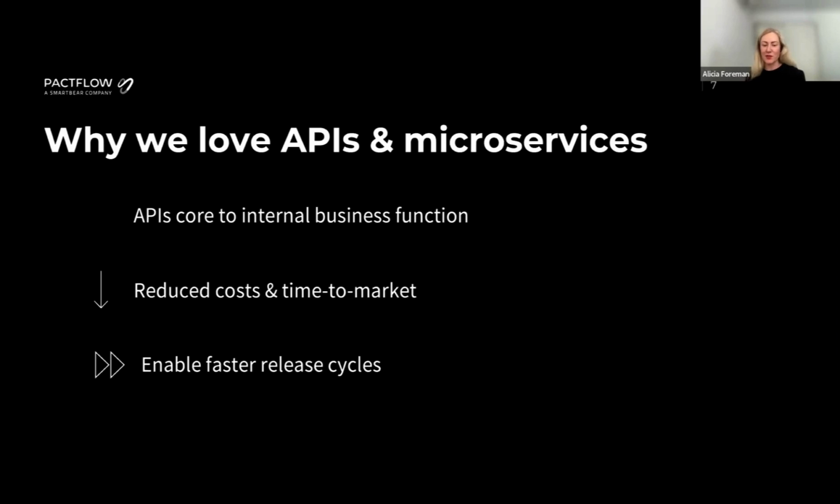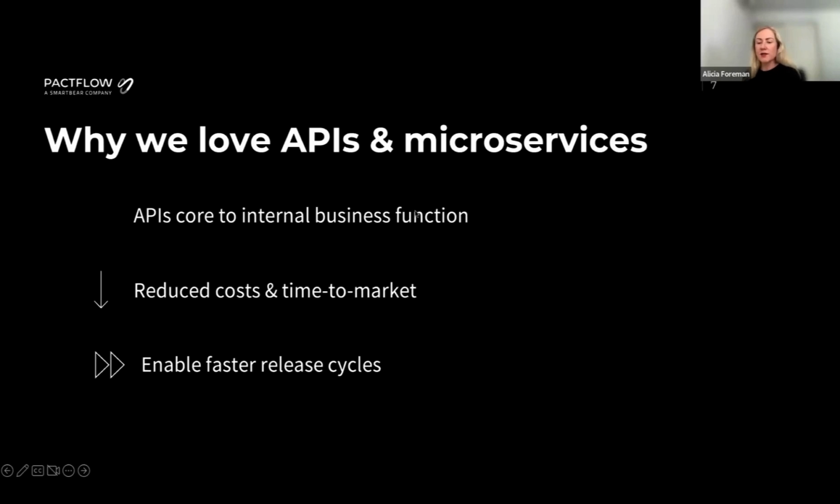SmartBear's latest State of Software Quality API report was released in 2021. Hot tip, the 2022 edition will be coming out in a couple of months' time. Last year's report found that 70% of companies surveyed had been developing APIs for more than 3 years. So there is an element of established API creation internally. Of this cohort, about 3/4 of organizations are consuming and developing their own APIs themselves. And 2 of the most popular drivers for having APIs internally are to reduce development team time and cost, and to also add interoperation between internal systems, tools, and teams.